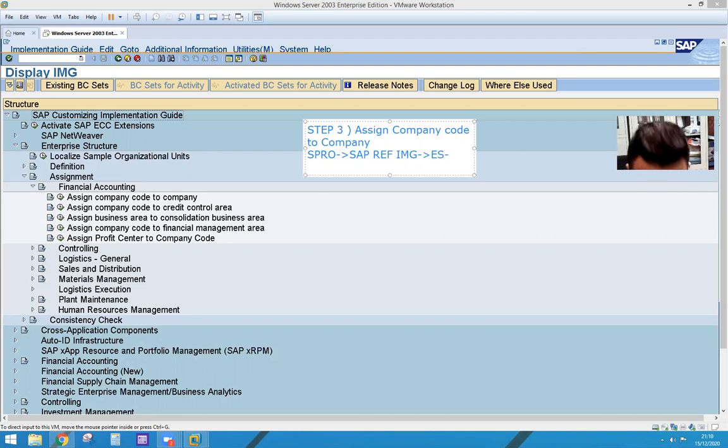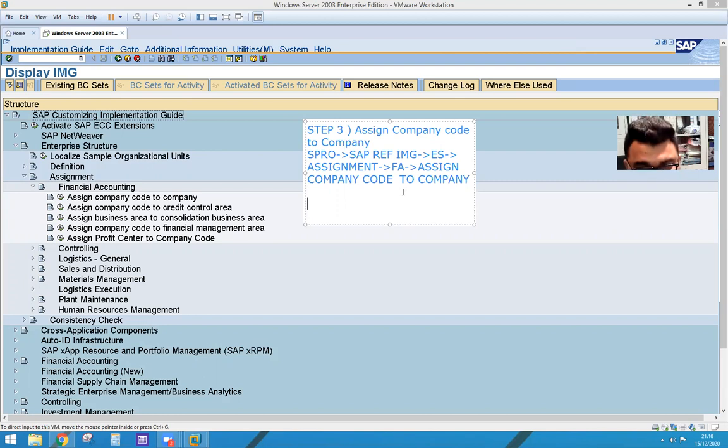Not definition, assignment. Instead of definition, assignment. Then financial accounting. Then assign company code to company. This is our third step.